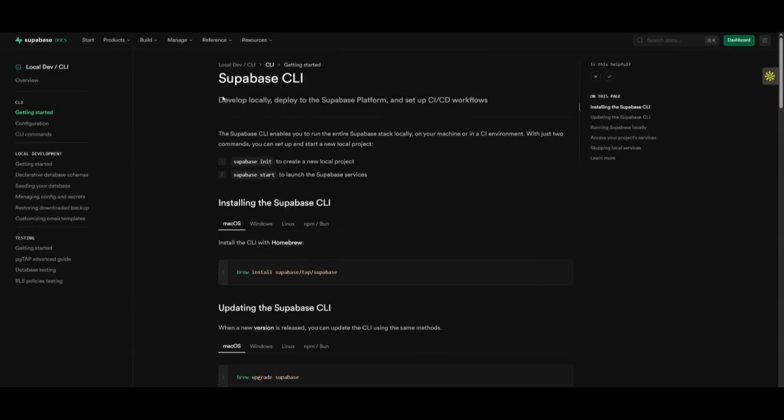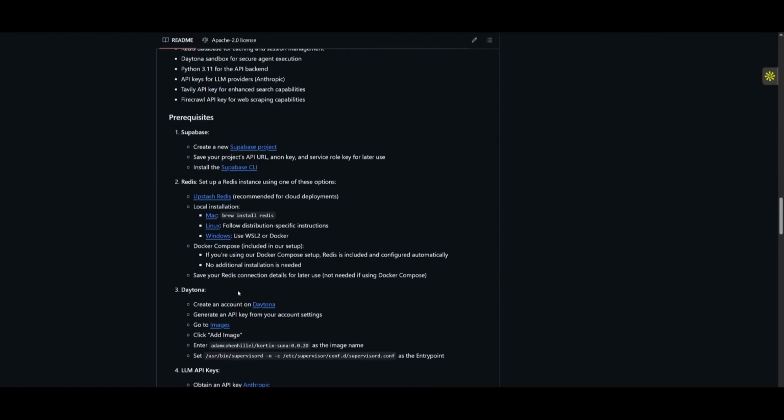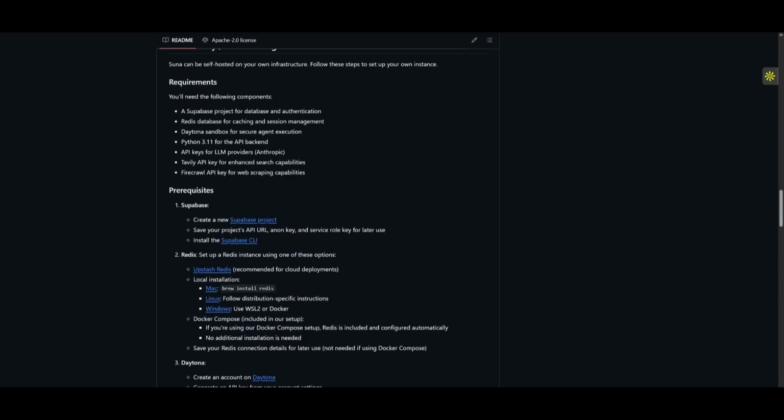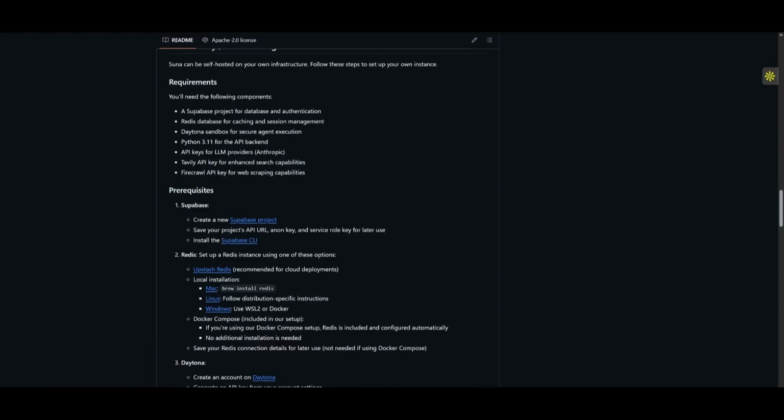And then you need to install the Supabase CLI onto your computer, and you can install this for whatever operating system you have. Now, I also want to note that you can install this using Docker, which is probably the easiest way possible, but you can go ahead and set up all of these prerequisites which they request you to do, like setting up the Supabase project for the database and authentication, Redis for the database for caching and session management, Daytona for the sandbox and for secure agent execution, having Python 3.11 for the API backend, and then